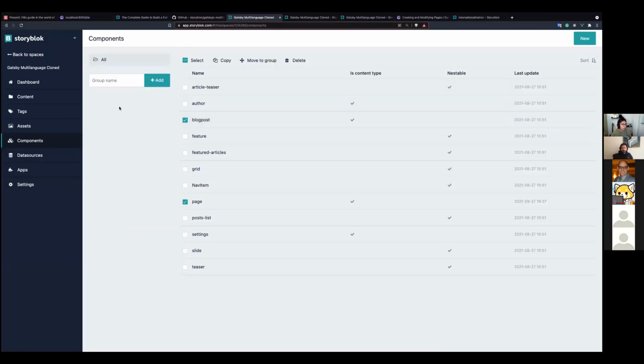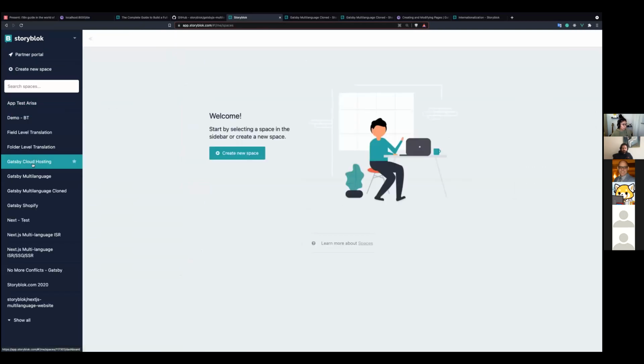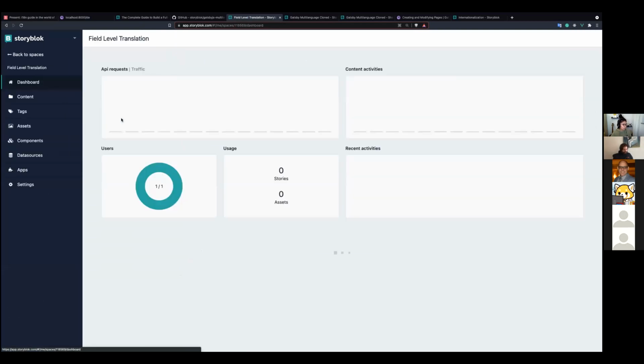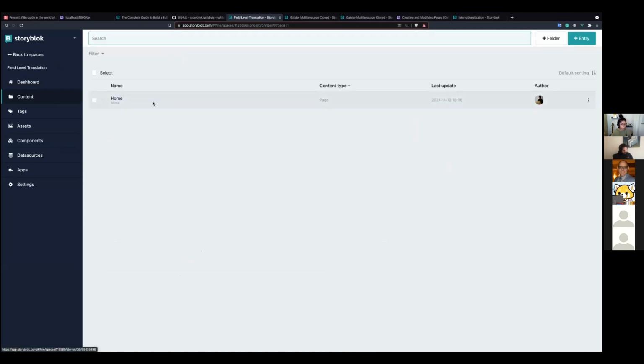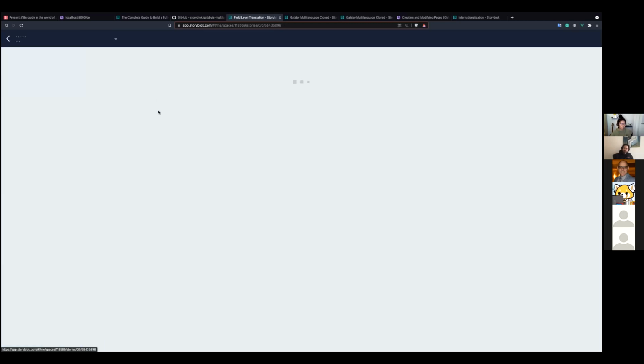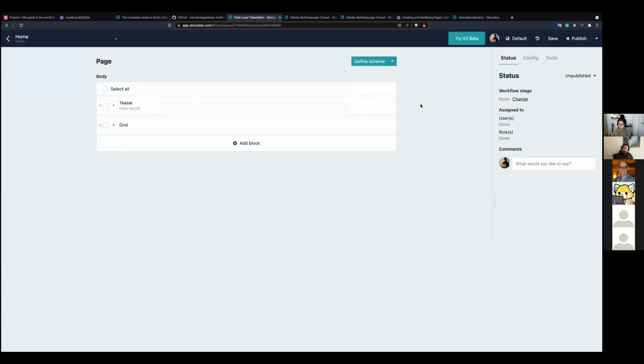For field level translation, I have a different space, which means project, right here, created for this talk. In this case, I didn't create the folders, to make a clear difference between the folder level translation and field level translation. Of course, you can create folders in here, but we are not going to use folders as a way to divide the content of different languages. For this field level translation, I purposely disabled the visual editor because I want you to pay attention to the